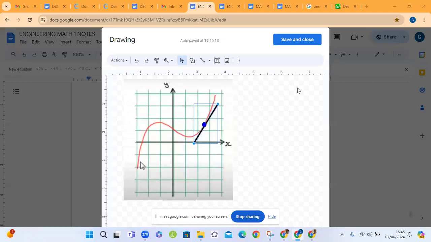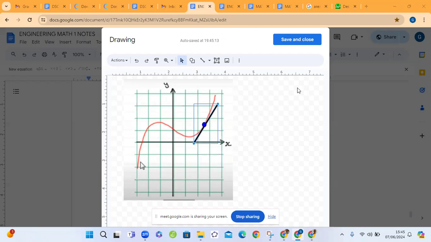Here we're going to talk about gradients of curves. The gradient of curves, of any curve, changes at every point on the curve. The gradient is not the same, unlike the gradient of a straight line, which is the same all throughout. So therefore, if you want to talk about the gradient of a curve, you have to find the gradient at